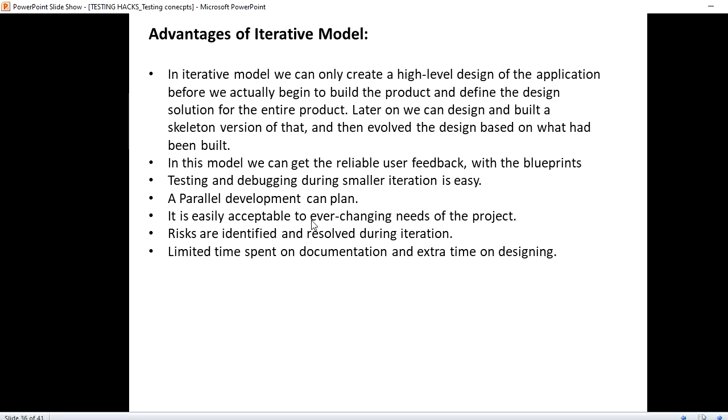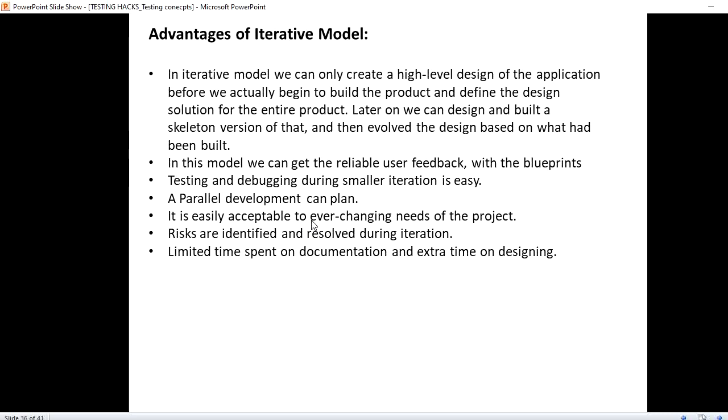And coming to the advantages of this iterative model, in iterative model we can create only a high level design of the application before we actually begin to build the product and define the design solution for the entire product. Later on, we can design and build a skeleton version of that and then evolve the design based on what has been built.